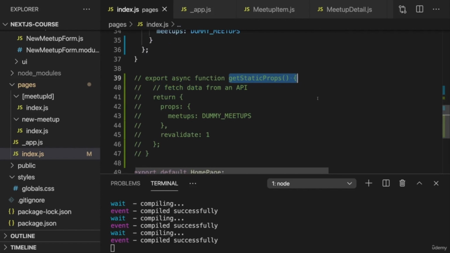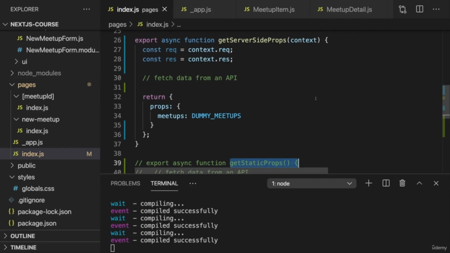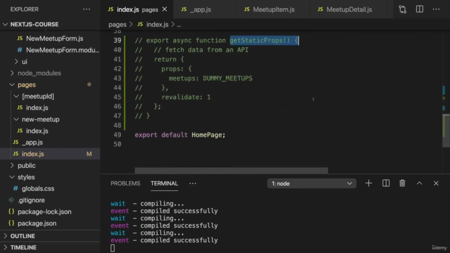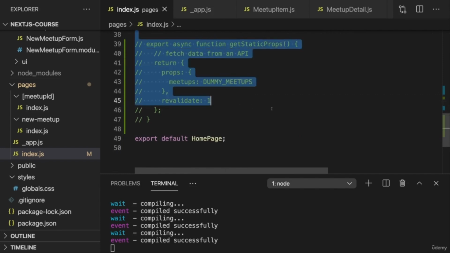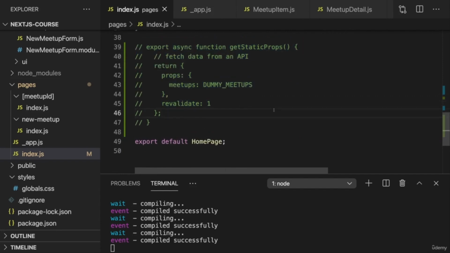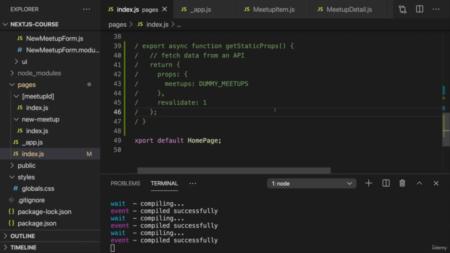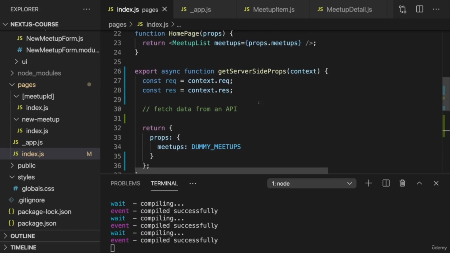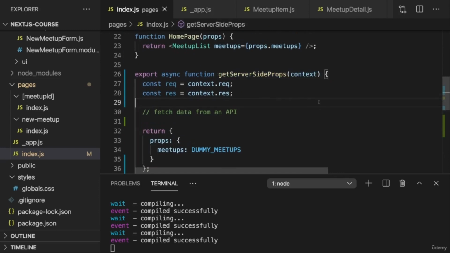That file can then be stored and served by a CDN, and that simply is faster than pre-generating and fetching that data for every incoming request. So your page will be faster when working with getStaticProps, because then it can be cached and reused instead of regenerated all the time. Hence, you should really only use getServerSideProps if you need access to that concrete request object,